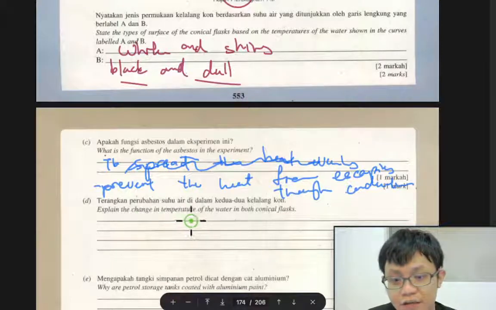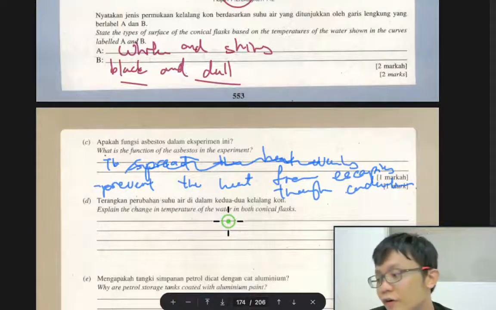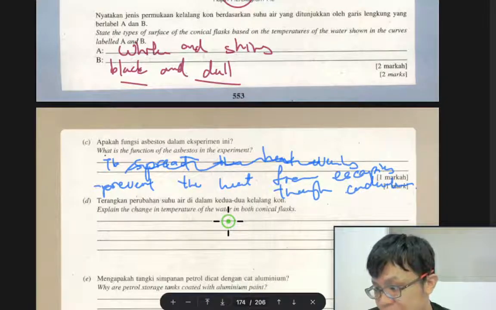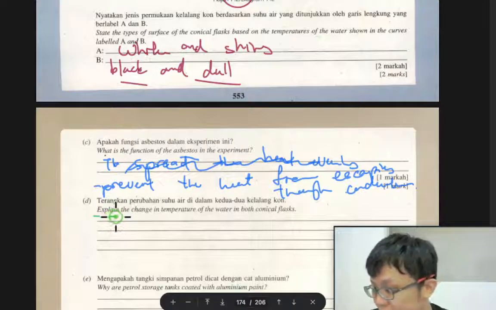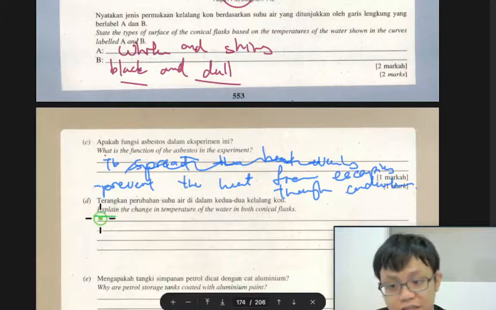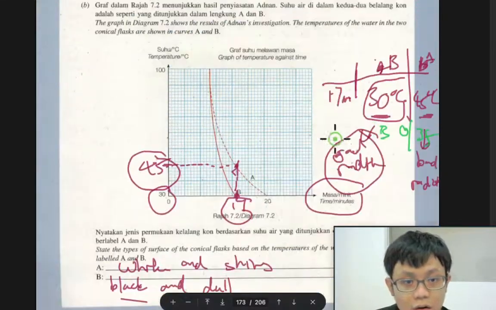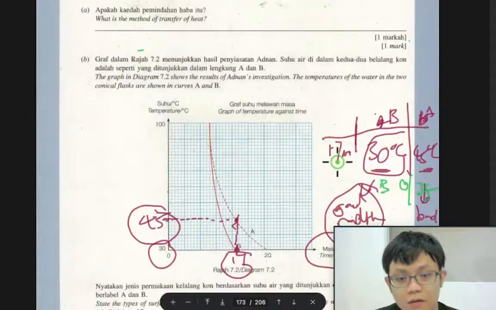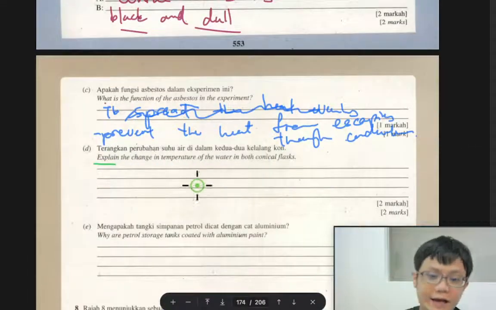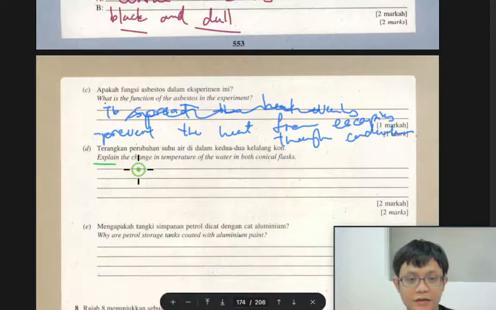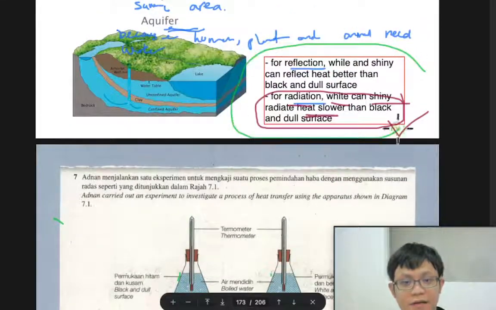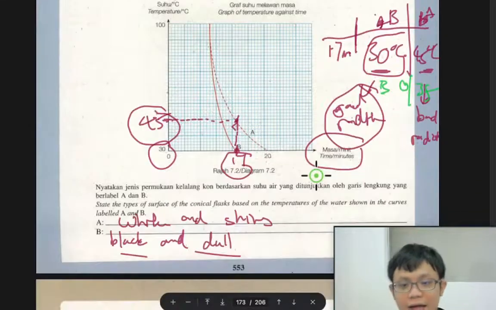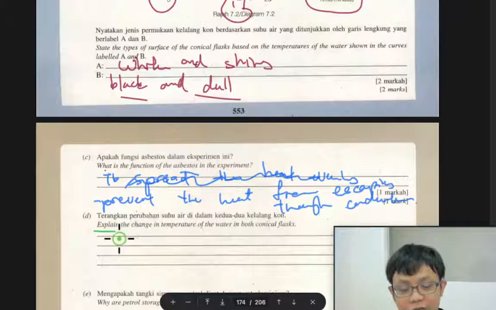Explain the change of temperature of water in both conical flasks. This one you need to explain. I don't want to write it down, but the keyword is here. So I already explained. Okay, I already explained. You say, if